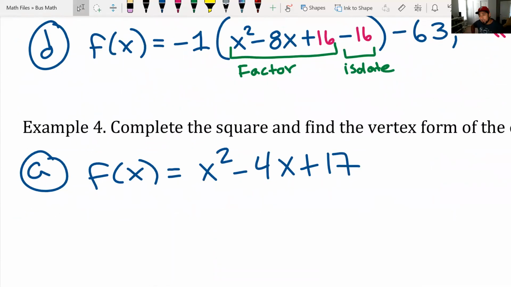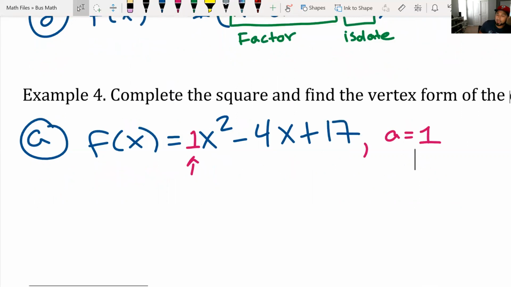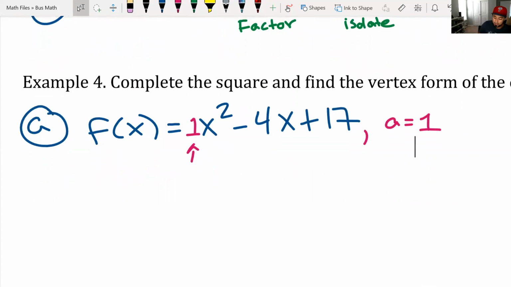Okay, well, lucky us. The leading coefficient is a 1. Why didn't we start off with this one? The leading coefficient is 1, which means we are now good to go. We can actually complete the square on this because this is in the perfect form we need for a quadratic function. Since that leading coefficient is 1, we don't have to factor anything out, which means we can move to step B,